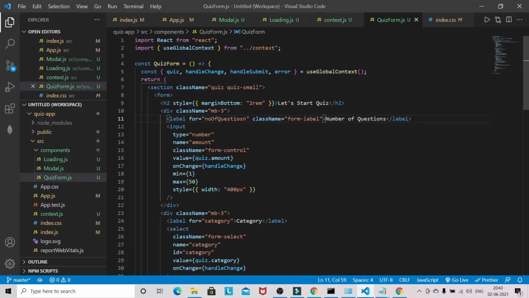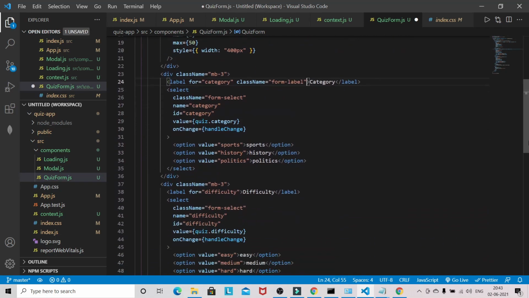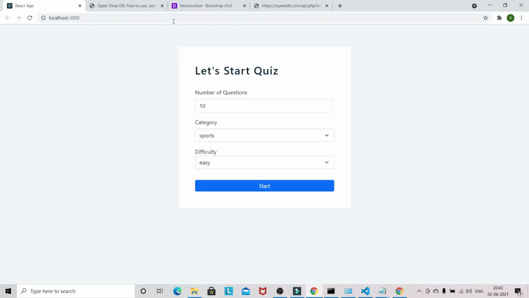So let's add this class name to the other labels as well. Now let's see our quiz form. Now it looks a little bit nicer. Now once more